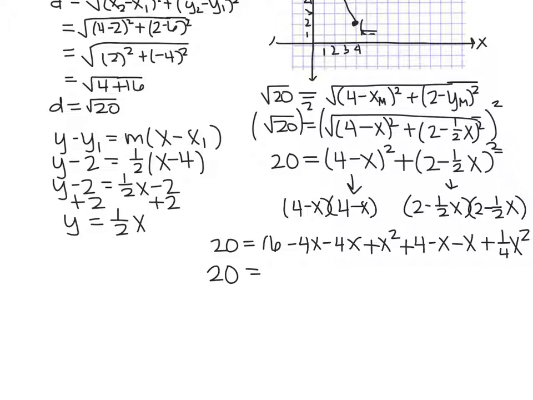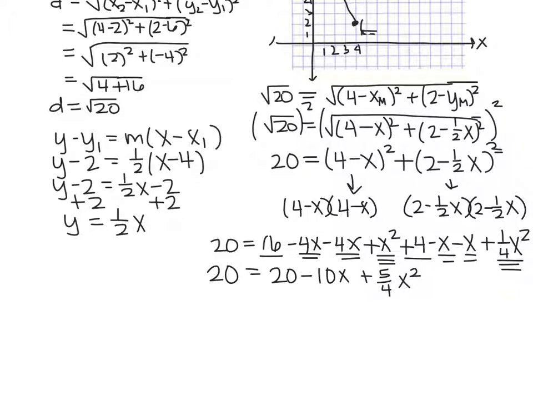So we have 20 equals. We have 16 plus 4, which is going to give us 20. We have a negative 4x, a negative 4x, negative x, and negative x, which all combine to give us negative 10x, and then we have x squared plus a 1/4 x squared, and leaving that as a fraction, we get 5/4 x squared. So because my goal is to solve for x,